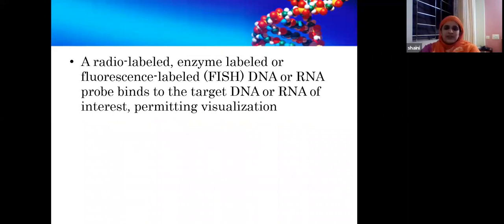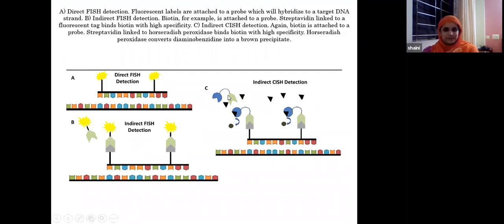Now, for in situ hybridization, you can either use a chromogenic label, in which case it is called chromogenic in situ hybridization, or you can use a fluorescent label, which is called FISH. The FISH technique is very popular. It has the same basic principle as southern blotting, northern blotting, and PCR. You have the target, the patient's DNA or RNA, or the organism's DNA or RNA, and we are adding a probe. If the probe is complementary, it will go and bind, and depending on the label, in fluorescent it is a fluorescent label, whereas in chromogenic it is a chromogenic label.